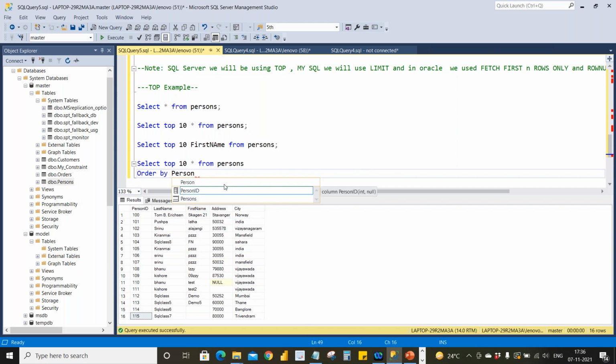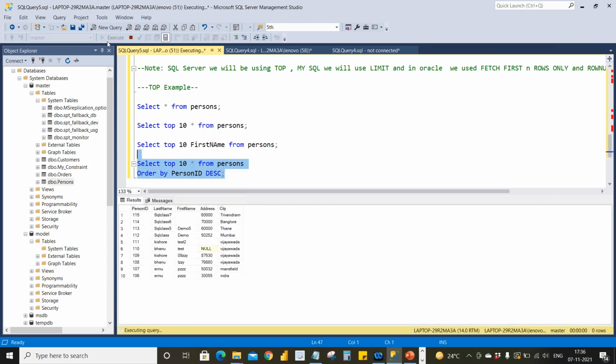So order by person ID descending. Let's see how it goes. See, from 115 to 106. In this way, by giving some order, by sorting, you can get the top rows. You can get top 100 rows, you can get top 1 row, whatever you want.